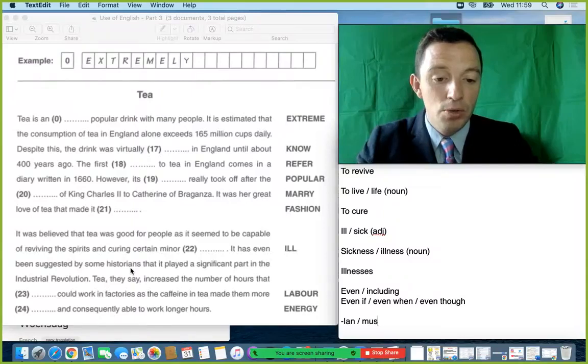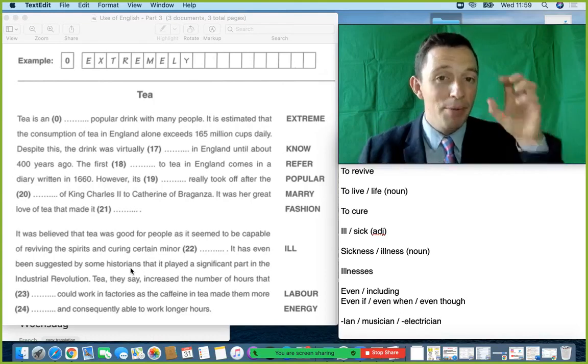For example, musician, electrician. These are typical people. So the suffix